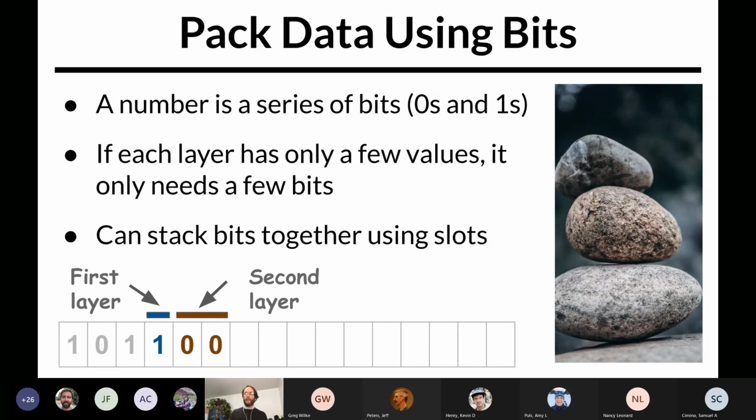Basically, to a computer, a color is just a series of numbers, and a number is just a series of bits. So what we did was assign each data layer or indicator a certain number of bits within this series and stack them up. In our case, our data are simple categorical values, so each data layer only needed a few bits to hold any possible value. Once we stacked these up, this gave us the color value for that pixel.